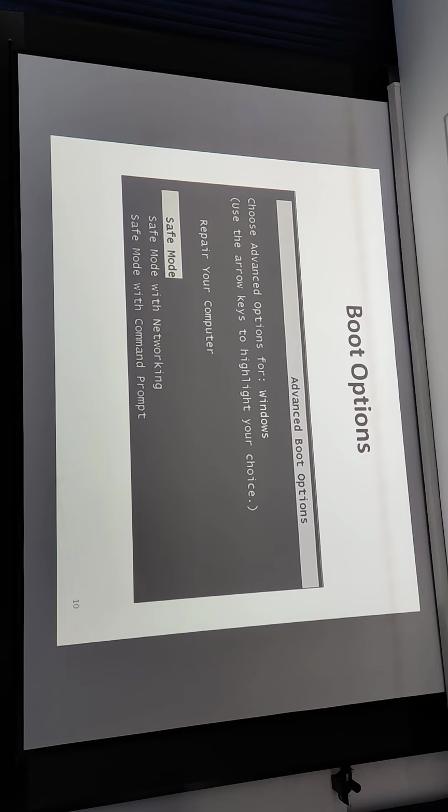So maybe not all of you have experience running the operating system in different modes. But I just wanted to introduce you to, or tell you, that there are some ways to start up the Windows operating system.